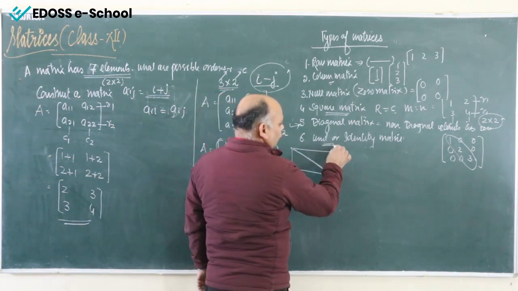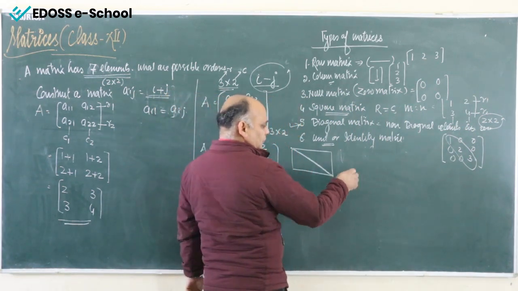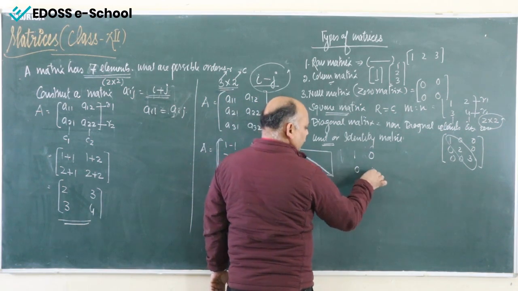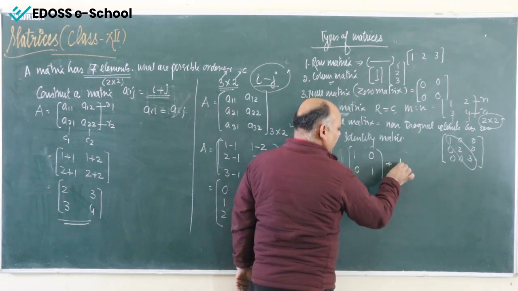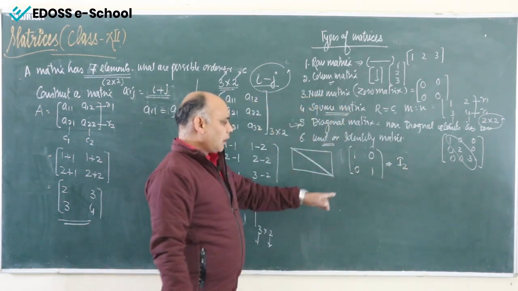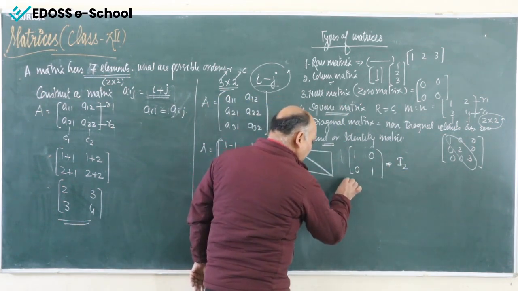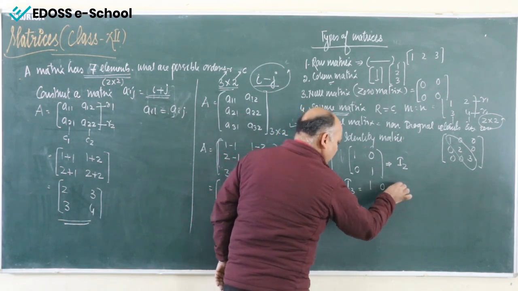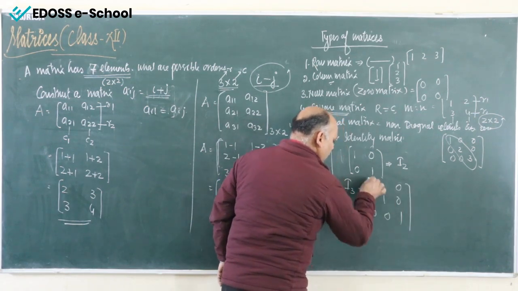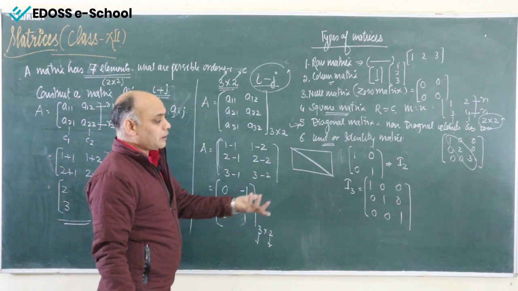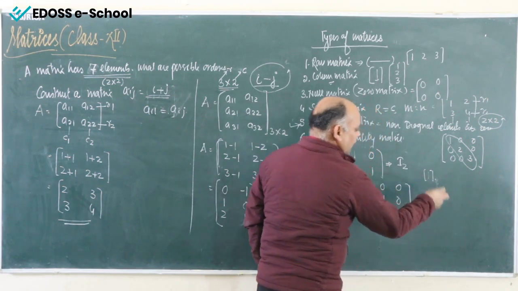Then it is the unit or identity matrix. Unit or identity matrix means the diagonal is equal to 1, means 1, 0, 0, 1. This is the identity matrix of order 2, and in this case you define it as I2. I2 is the identity matrix having order 2. If I say I3, then I3 will be equal to 1, 0, 0, 0, 1, 0, 0, 0, 1. This is I3. Similarly, you can find I4 or simply I. If there is only I, then you will write here 1. This is the I, having the element 1 only.